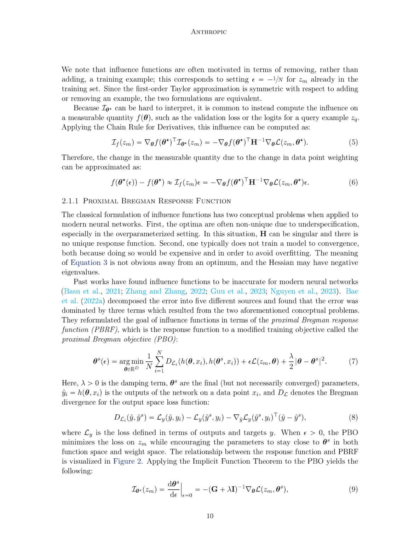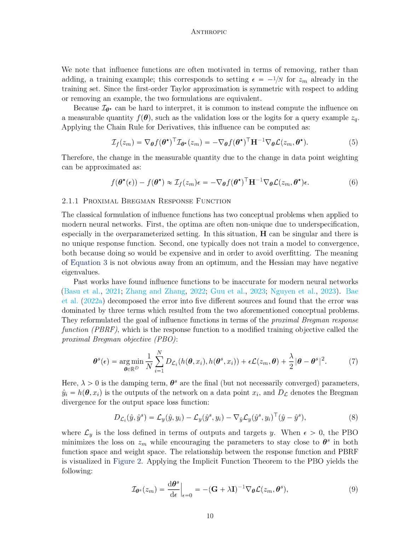The mathematical expression for PBO looks complex but can be understood as a combination of the following components: an average divergence measure that compares the network's output with some final parameters, multiplied by 1 over the number of data points, n. A term involving an additional loss that's scaled by a variable, epsilon. A damping term that ensures the parameters stay close to their final values. This includes a lambda factor that is greater than 0, combined with the squared difference between the current and final parameters. Another expression, denoted as the Bregman divergence for the output space loss function, is defined in terms of the difference in losses for the network's outputs and targets.